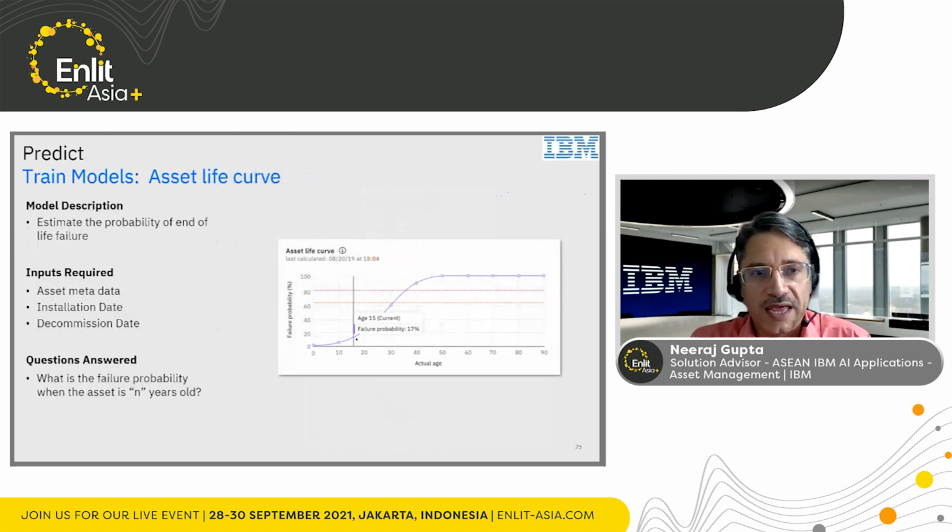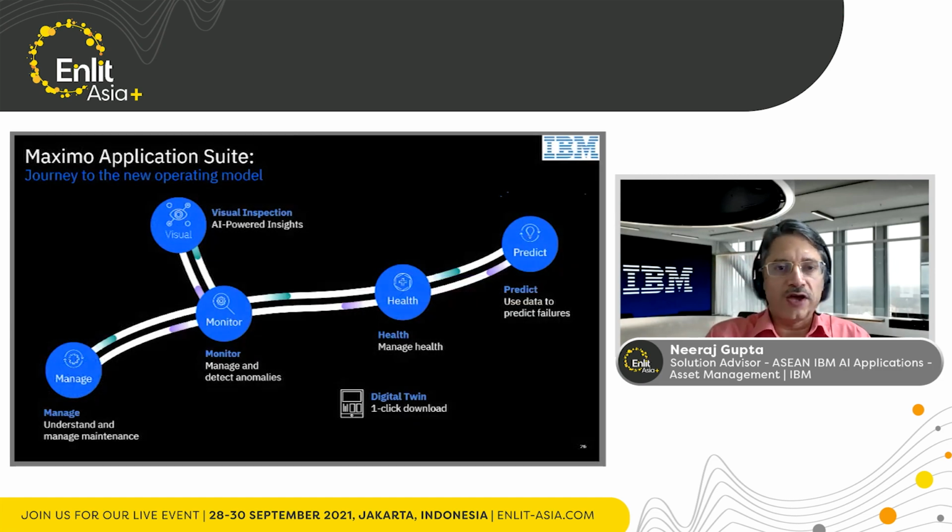And then there are asset life curves. It helps us in replacement planning, that is, what is the probability of failure if the asset is so many years old. As the asset ages, the deterioration increases, that is, the condition deteriorates, so you can come up with a failure curve. So it helps us in replacement planning of those assets. So these were the 5 models, and I think we are running out of time here.